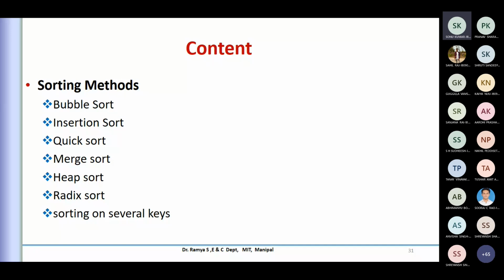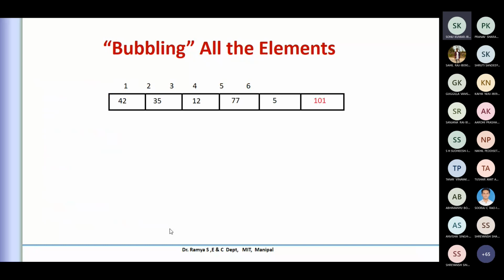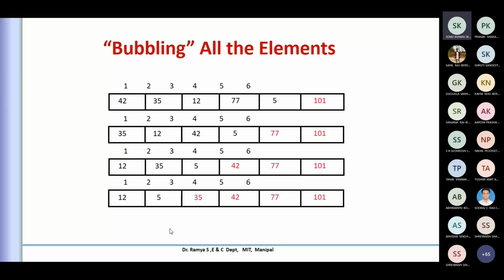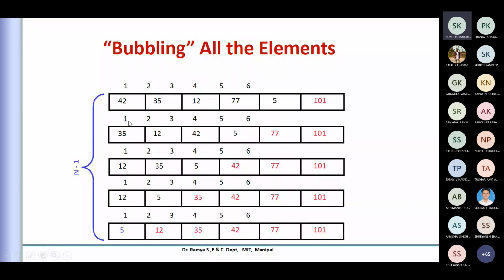Now let us begin with our concept. Thank you for summarizing. Now let us go with the bubble sort, which we already saw. I'm just putting this to recollect. If you see the first iteration, if it is compared, the highest element, is my cursor visible to you? The highest number in this given array, whatever the value, is being pushed to the end, because the requirement is ascending order, for example. So the biggest number will be put at the end as required.